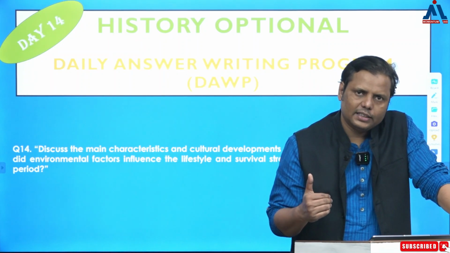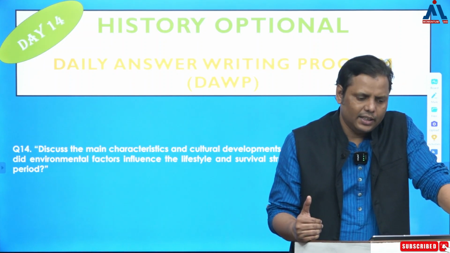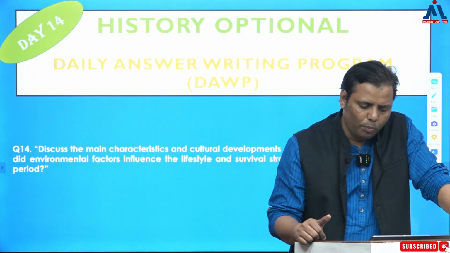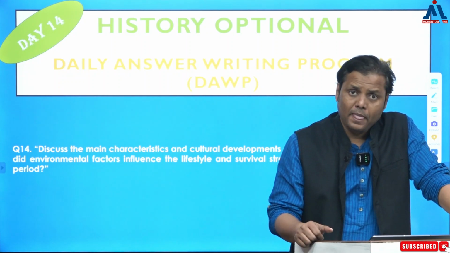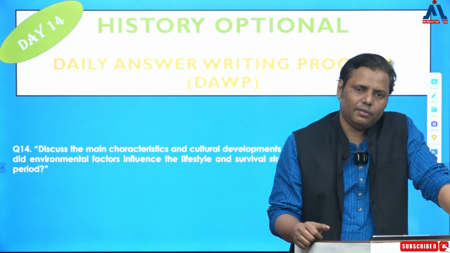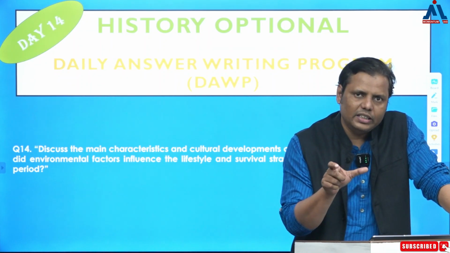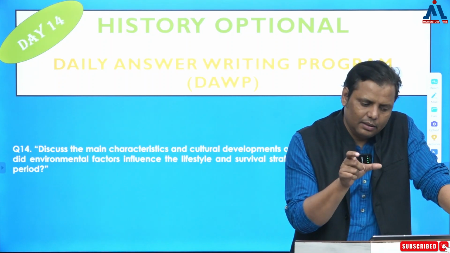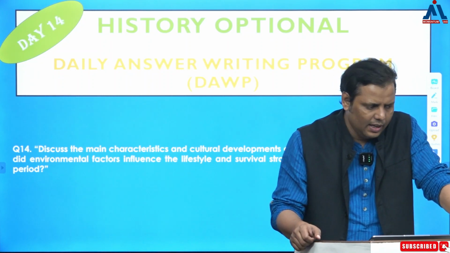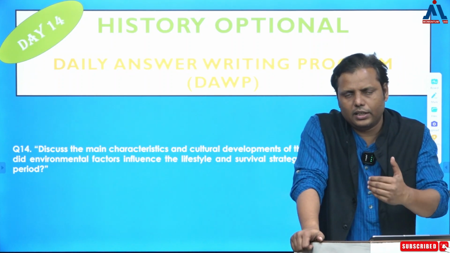Then it comes to the next paragraph, where we'll be mentioning the settlement. In the settlement, we are going to discuss the various kinds of settlements they had, such as open air sites, then the cave sites, then temporary cave sites. These are being discussed by one of the scholars, V.N. Misra, and he's talking about the changes even in their settlement, in the houses they had been constructing, or the places where they were basically living or dwelling. That was also changing. So that kind of change could be noted.